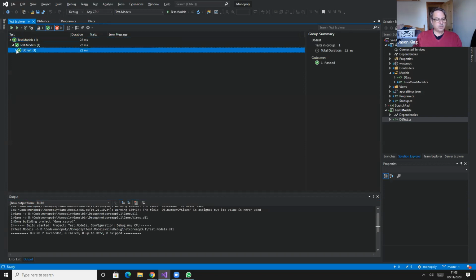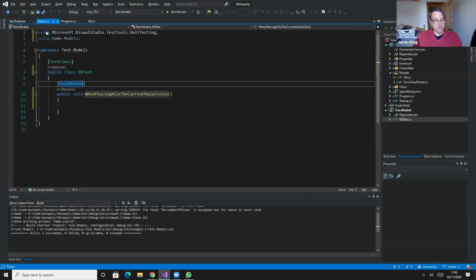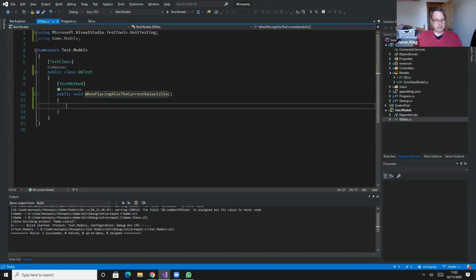That's weird. We've got a passing test, but it hasn't actually done anything. And therein lies the danger. You can write many unit tests that pass and do nothing. Okay, so let's make the test fail. Let's say